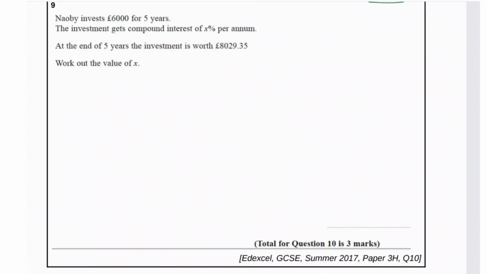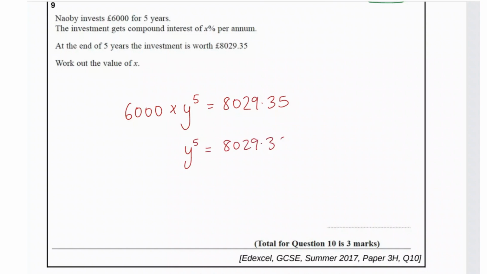Question 9 here, 6,000 invested for 5 years. We don't know what the interest rate is, but we know it's compound. I always like to use y here for 5 years. So whatever that decimal multiplier is, we times 6,000 by it to the power of 5, and we're told the investment is worth £8,029.35. So to get y as the subject, we're going to first of all divide by 6,000, and that will tell us that y to the power of 5